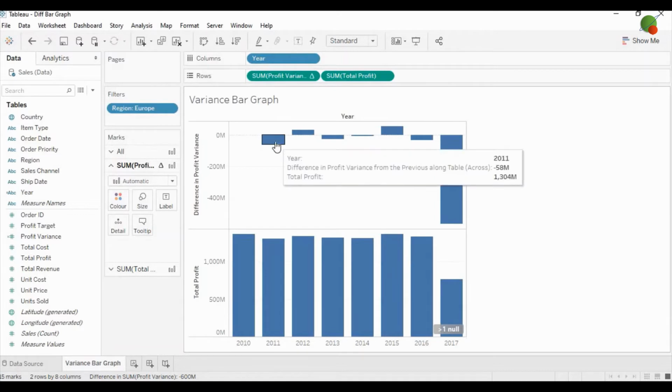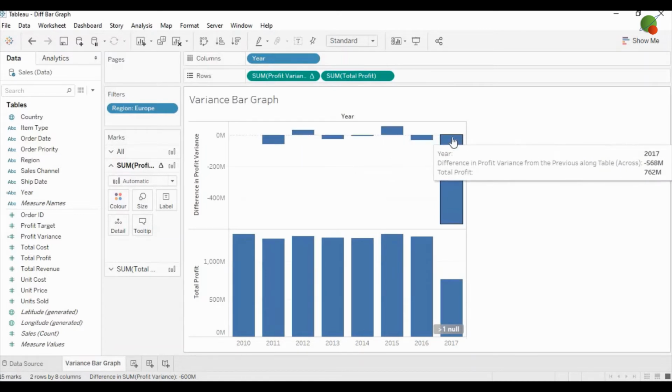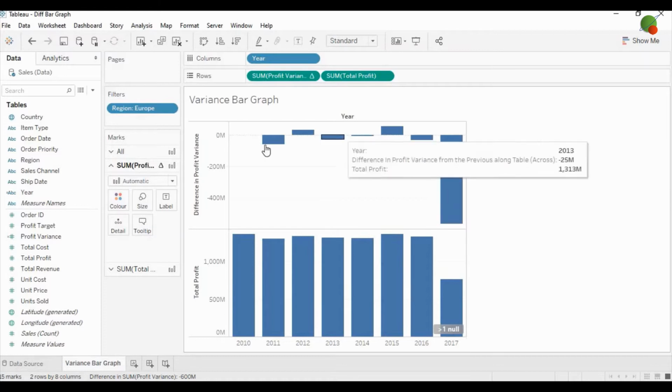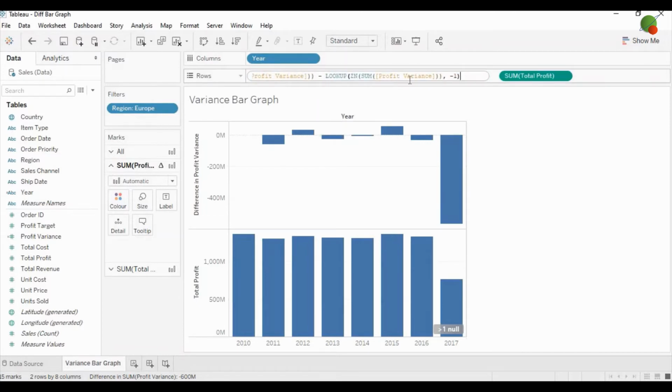Now our next step is, you can see the bar is going up and down based on the negative and positive value. So what we will do is change the sign of that into a positive value, but the value will be the same. Why? So that it will show the arrow in the same line. For that, you need to double click on this, and it will automatically show you the formula.